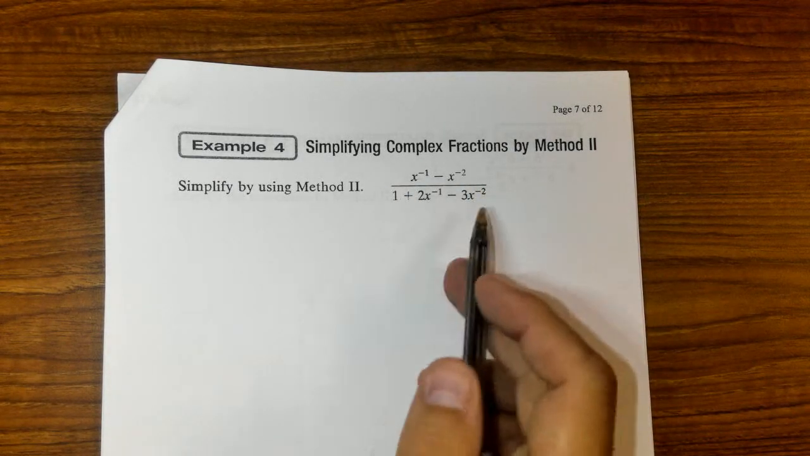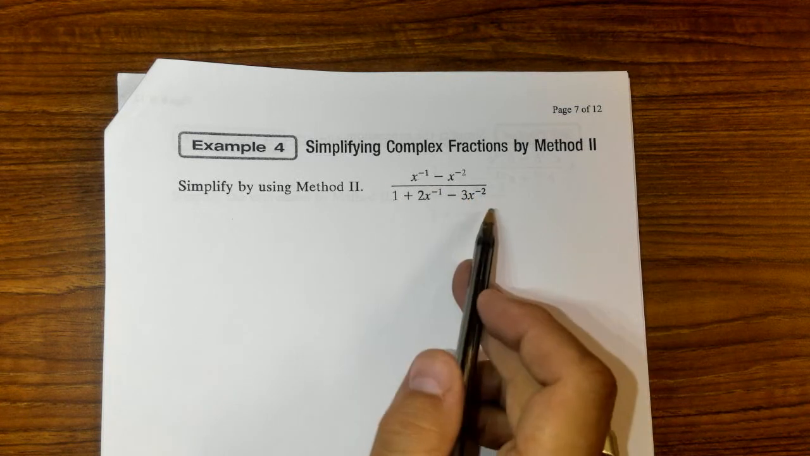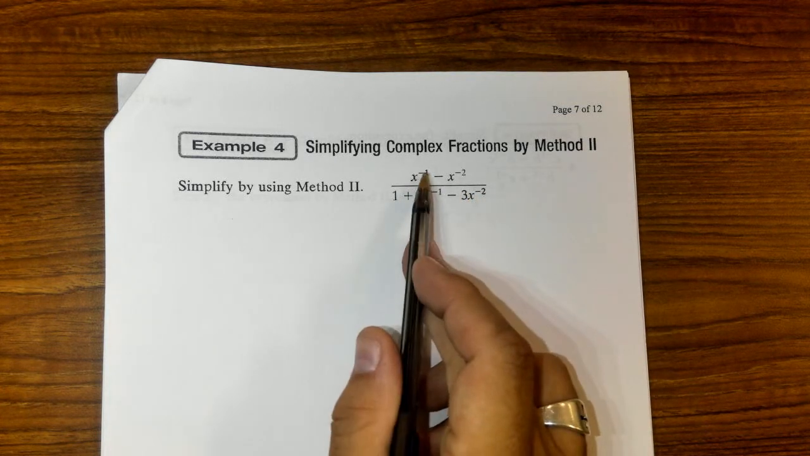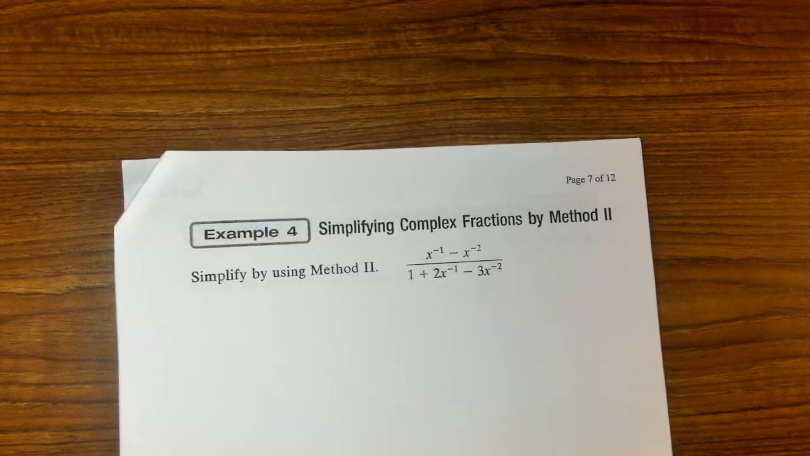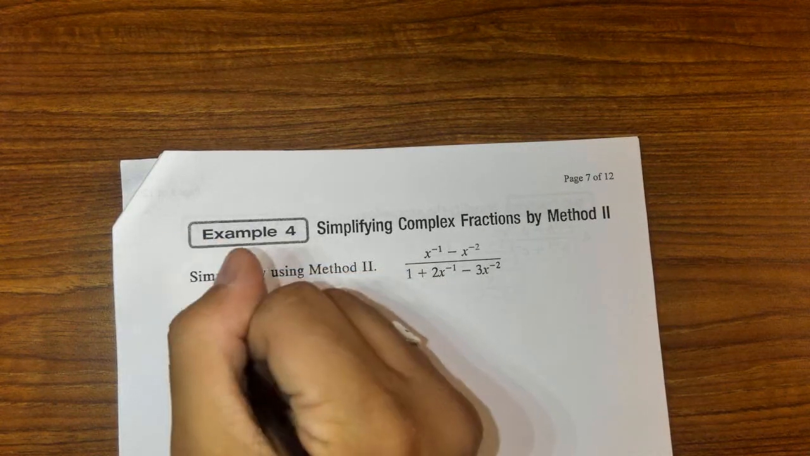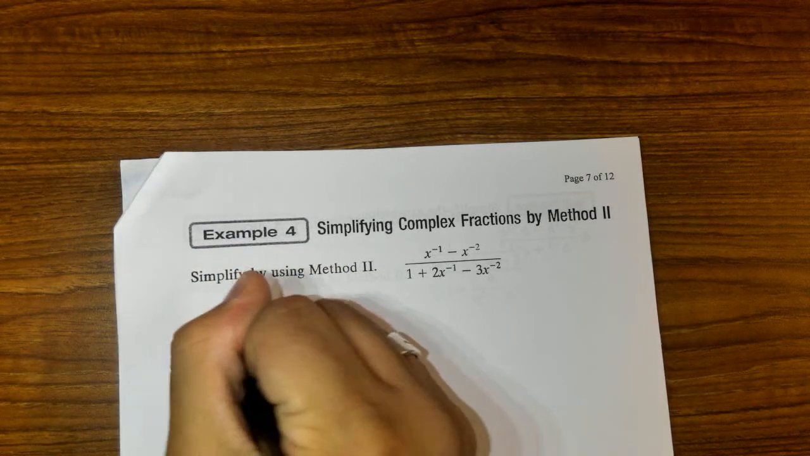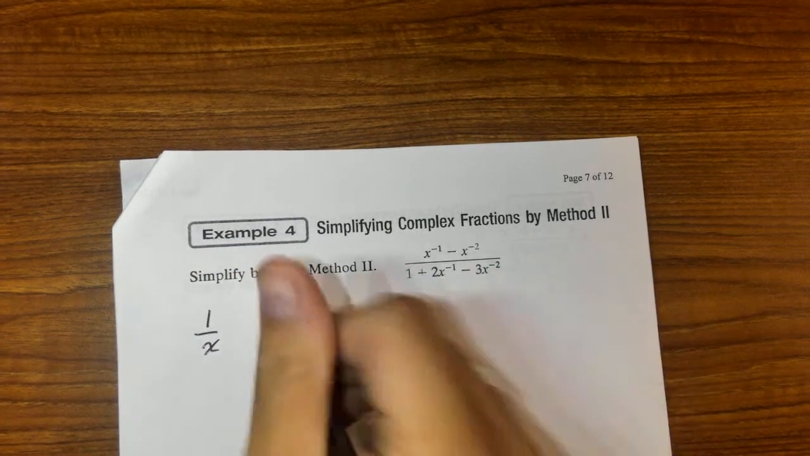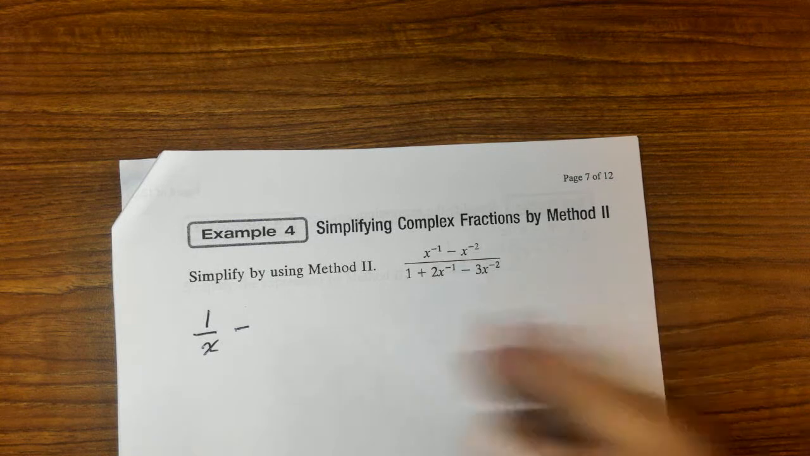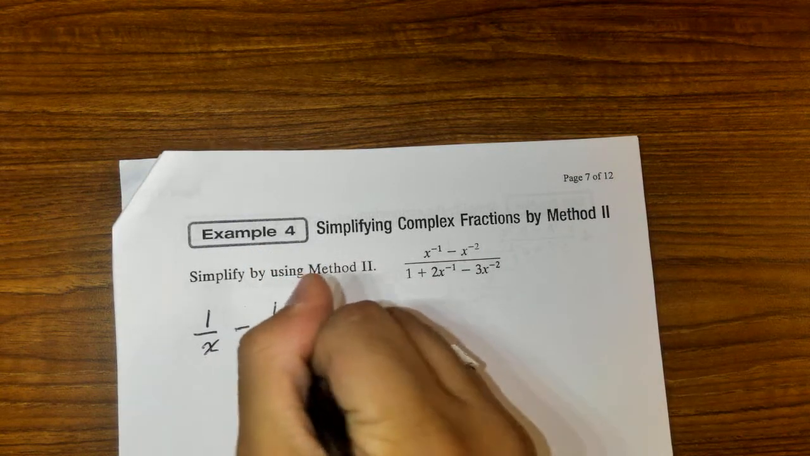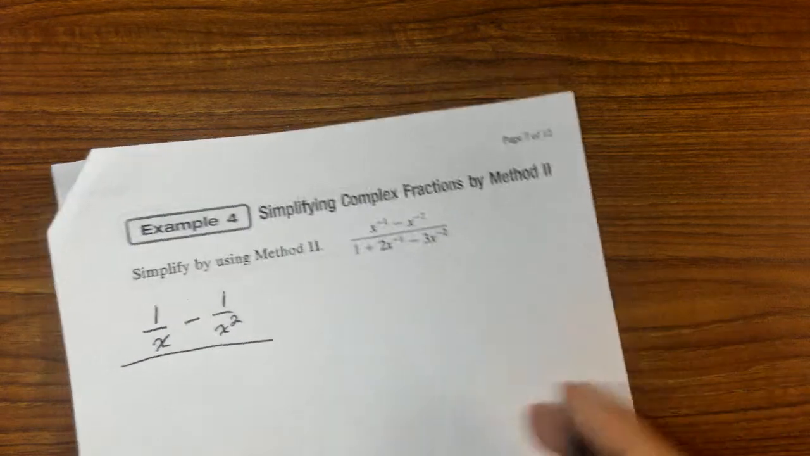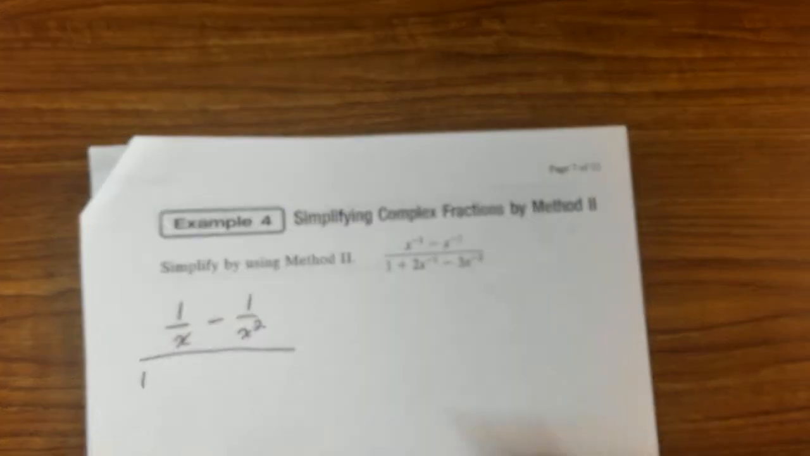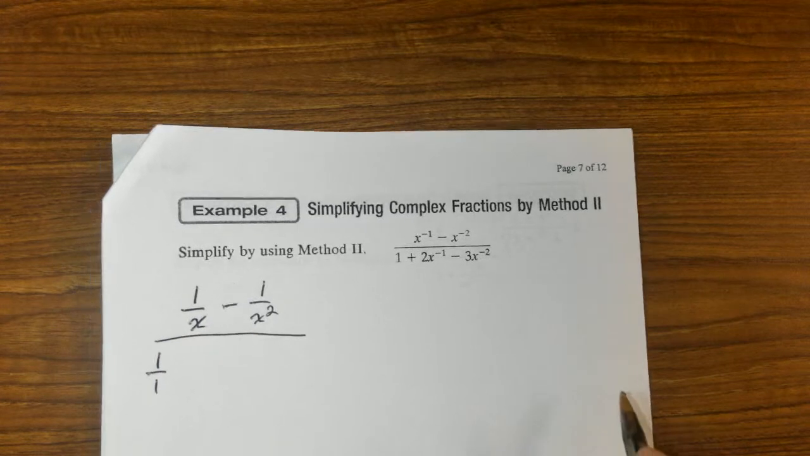Now, if you're looking at example 4 and wondering where the fractions are, these exponents raised to negative numbers are actually going to be rewritten as fractions. So x to the negative 1 can be written as 1 over x. There's my 1 over x. There's my minus sign. x to the negative 2 is 1 over x squared. So all of that's going to get divided by 1, which is going to stay 1 for now. And actually, we'll write it as a fraction, 1 over 1. And then